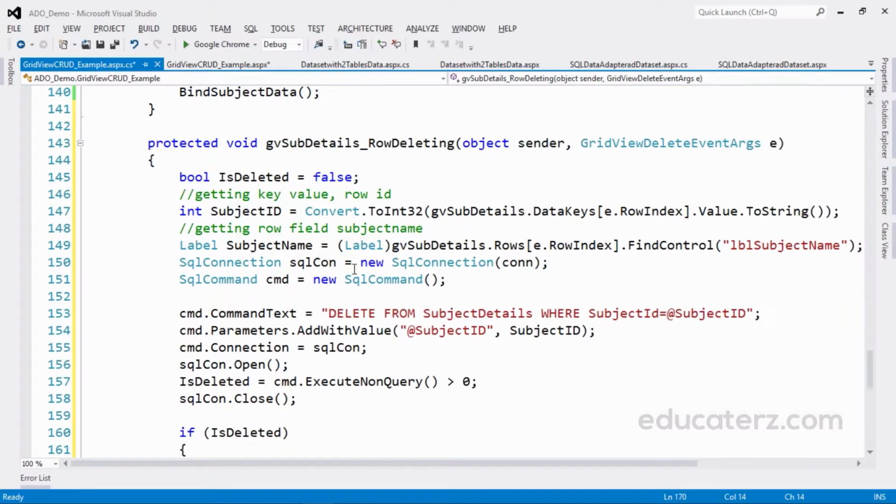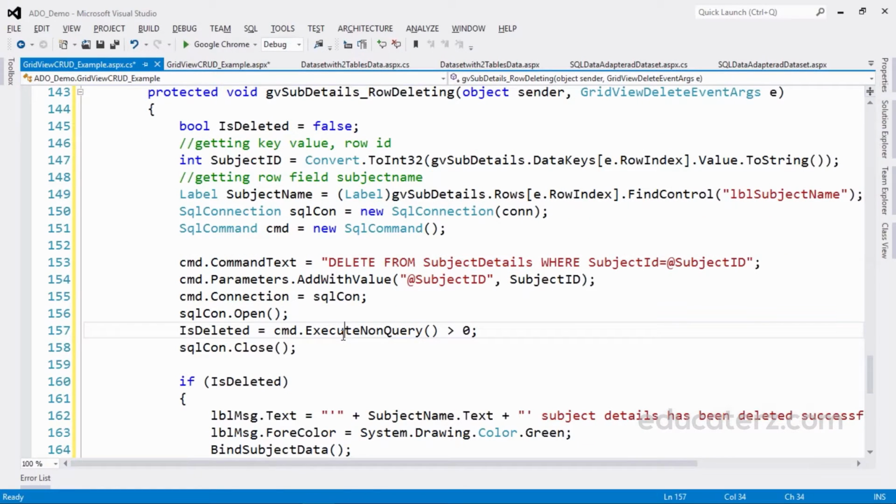This is also the same as updating. We need the subject ID to delete. Then we are creating a SQL command, delete from table name where subject ID is equal to the one where he has clicked. We don't require any other fields, because we are straight away deleting the values for that selected row.